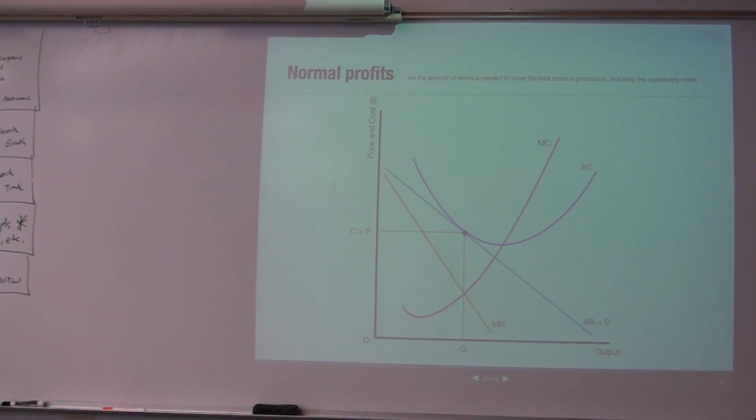All right. Normal profits happen when you're covering your average cost. So when you draw your cost diagrams, especially for monopolistically competitive markets, you've got a demand curve that's downward sloping in blue. You've got a marginal revenue curve that's downward sloping in yellow. You can draw it below zero. Then you've got an average cost curve in purple and a marginal cost curve that is cutting average cost at its lowest point, in this case,